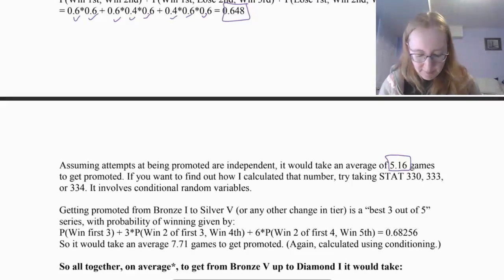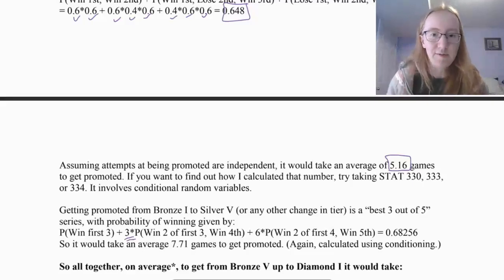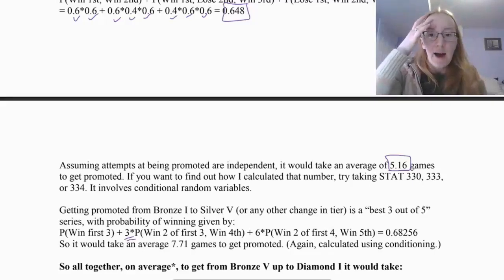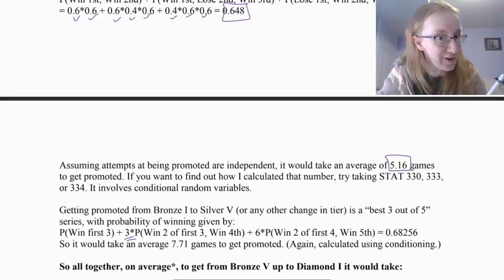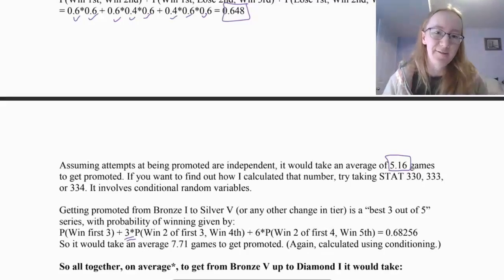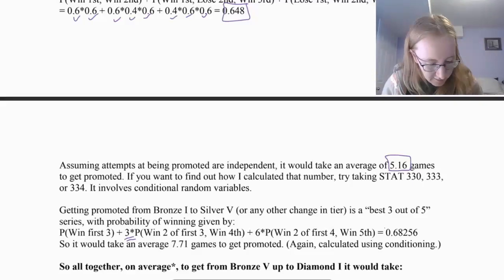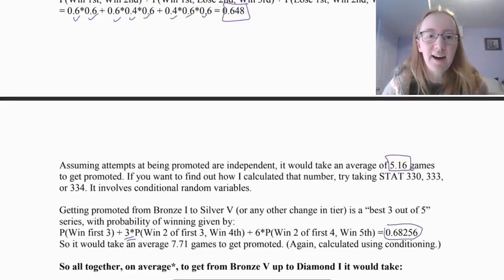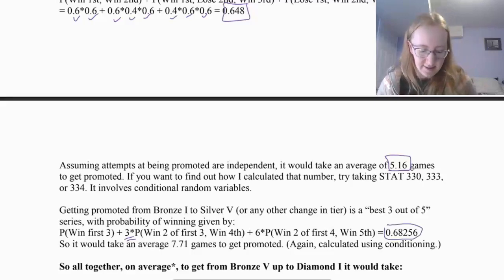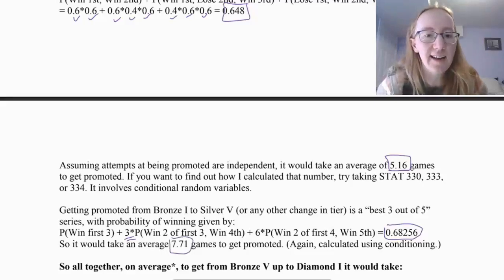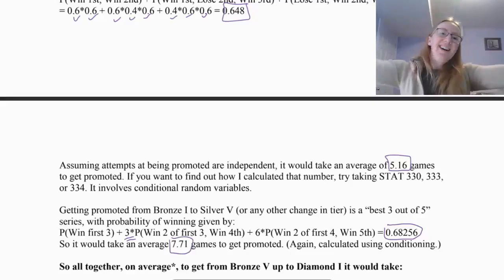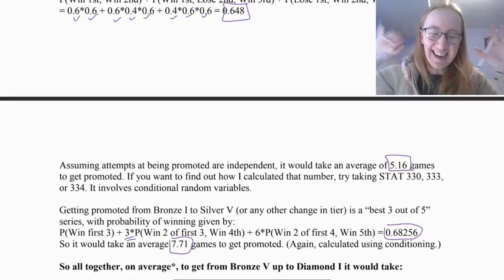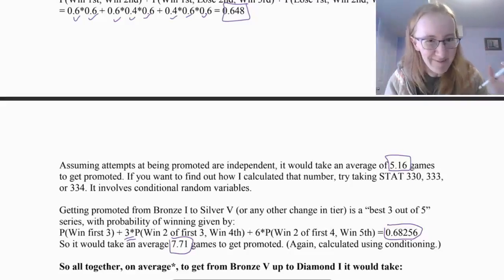So 3 times the probability of winning 2 out of the first 3 and then winning the 4th. Or we could win 2 out of the first 4, and there's 6, which is 4 choose 2 ways to do that, and win the 5th. So overall, that's another pretty good probability of winning. And then same thing, same kind of conditioning calculation to figure out it takes on average 7.71 games to get promoted. So with all of these assumptions, none of which are perfect, but all of which are pretty reasonable on average,